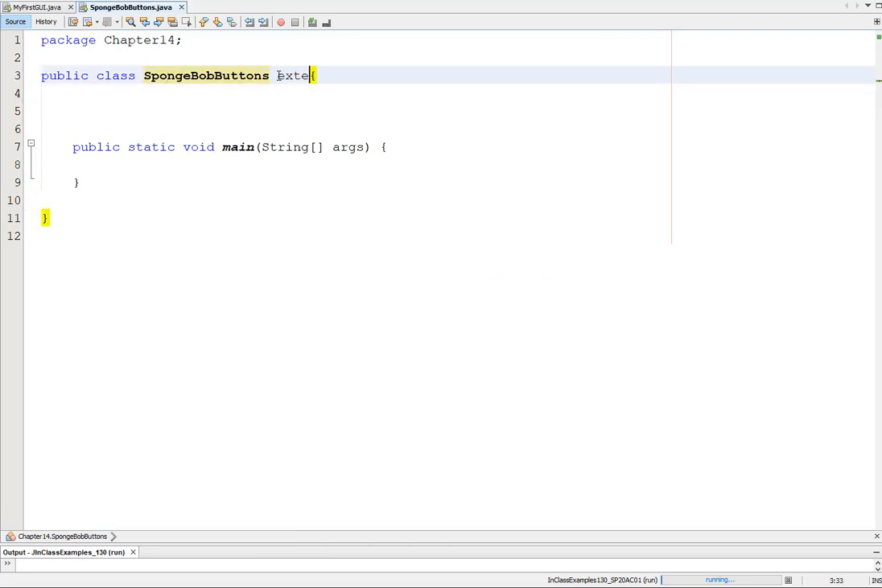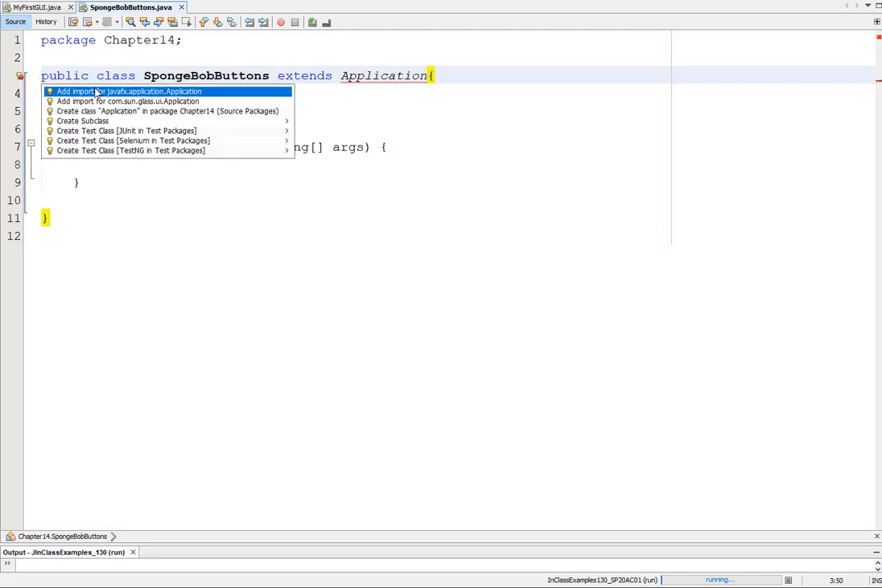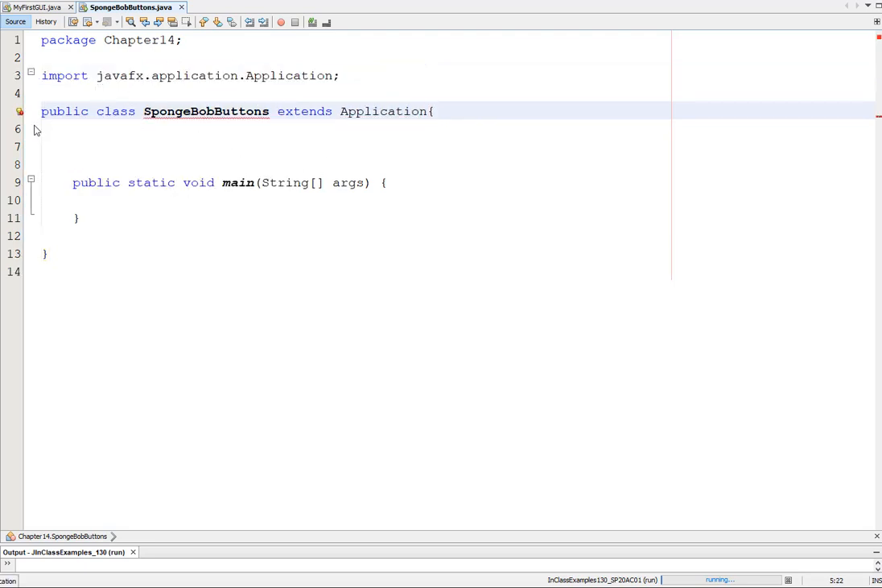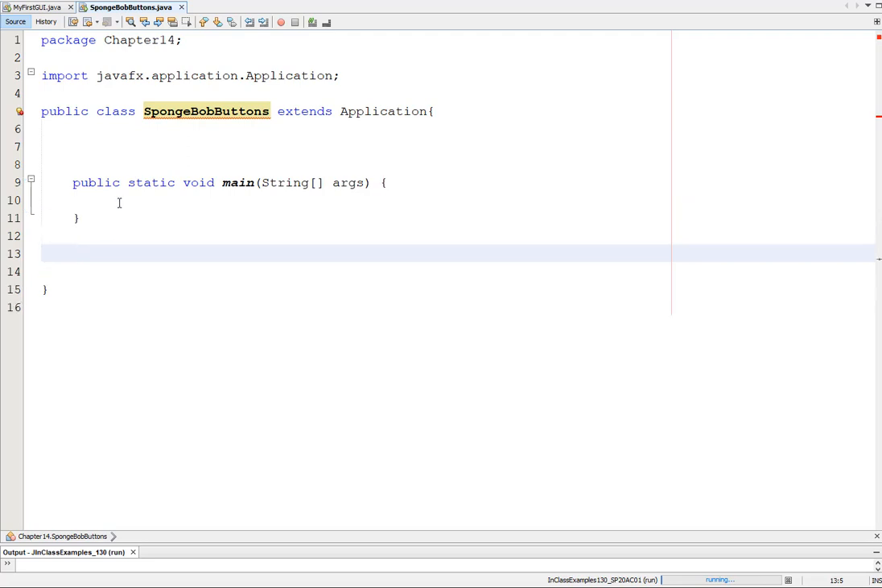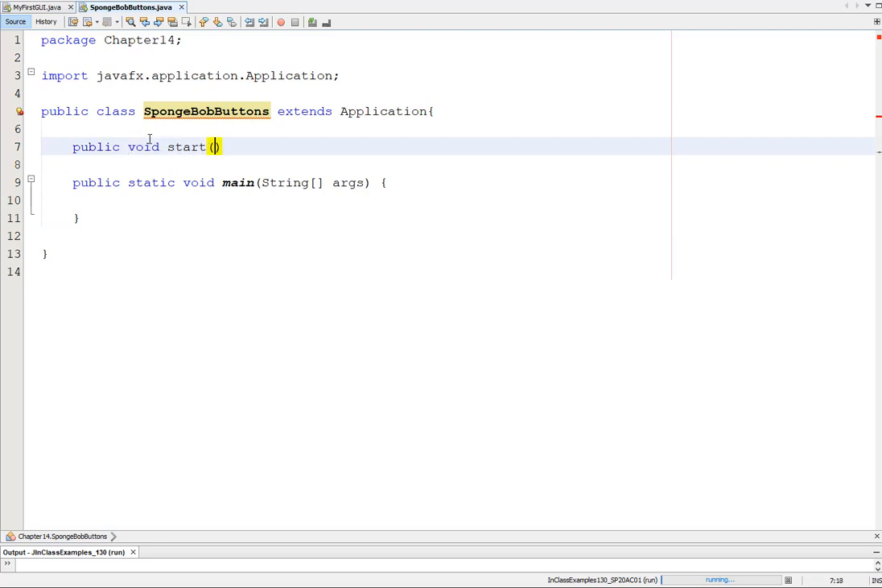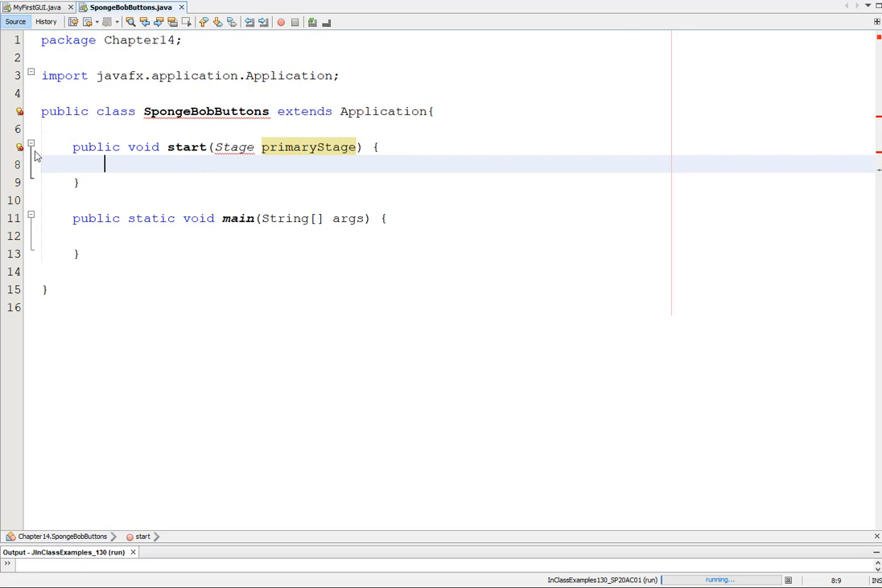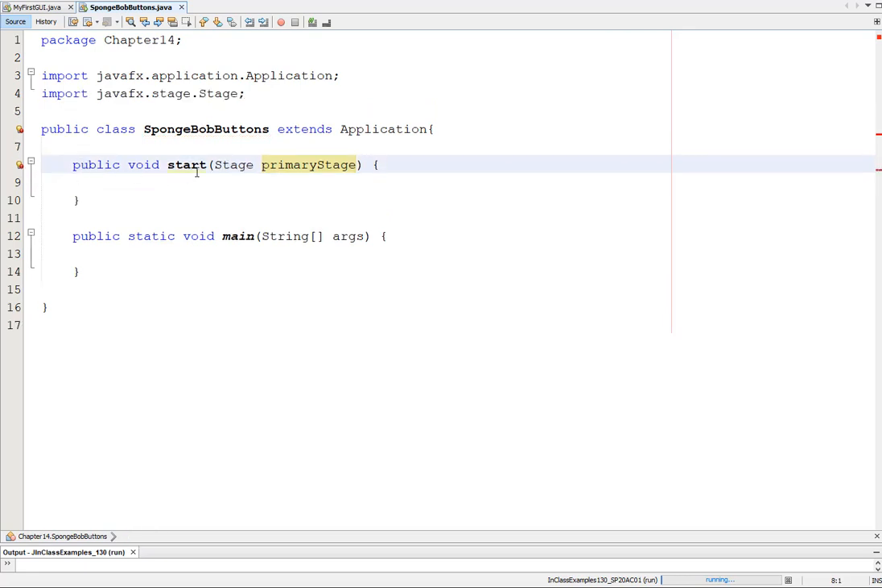We are going to say that this extends the Application class because this is a JavaFX program. We then have to implement the start method, of course. Last time we clicked here and we did that, but I can show you that we can just as easily make it ourselves. We could say public void start and give it a Stage of primaryStage, or whatever name you would like to give it. Then add the Override annotation here